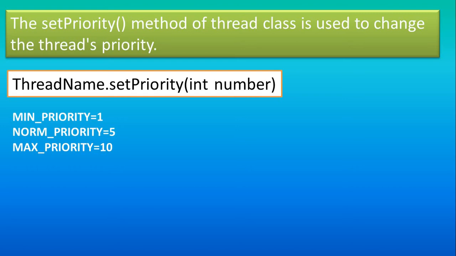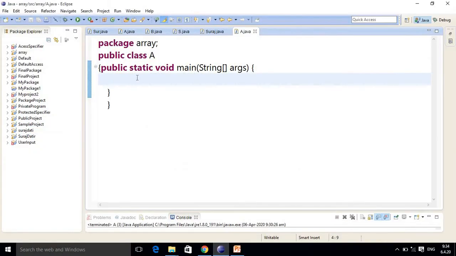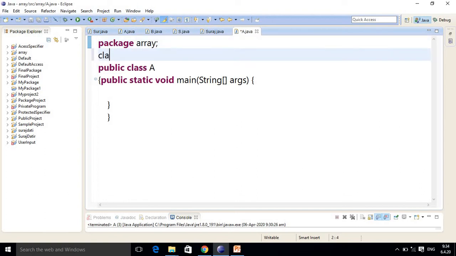Now we go to Eclipse for the programming. We will see the program of thread priority. Here I am in Eclipse, and this is my main class. After this package I create one class A1 extends Thread.